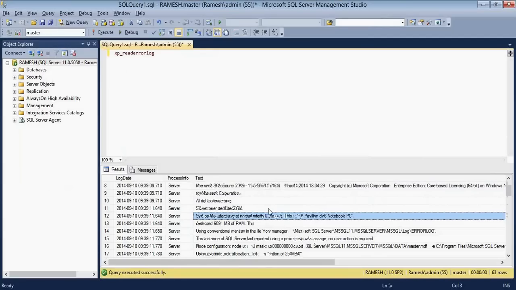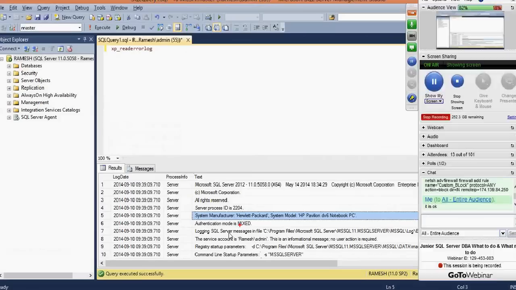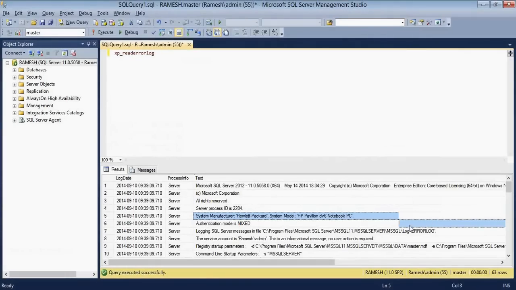Here you can see the system manufacturer is HP, so it is a physical server.